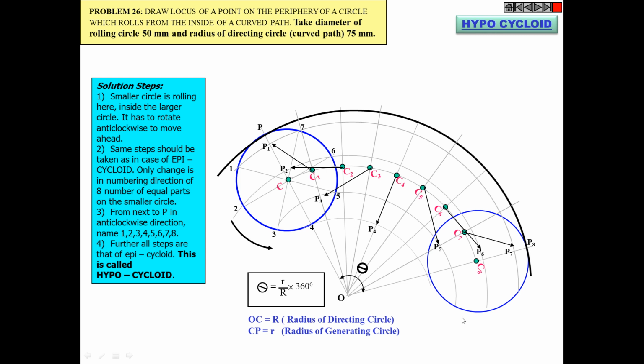Again, you use the proper French curve and join all these locus points. Once you join all these locus points, the final curve which you will get is your hypocycloid. The only difference is, for epicycloid, the smaller circle rotates on the outer periphery of the bigger circle, and for hypocycloids, the smaller circle rotates in anti-clockwise direction inside the periphery of the bigger circle.